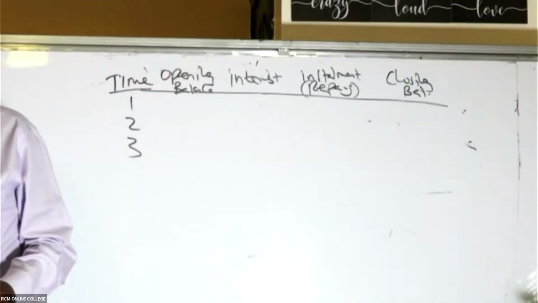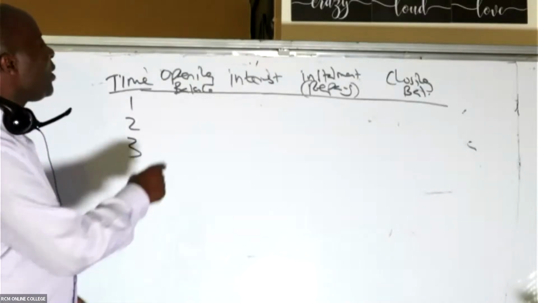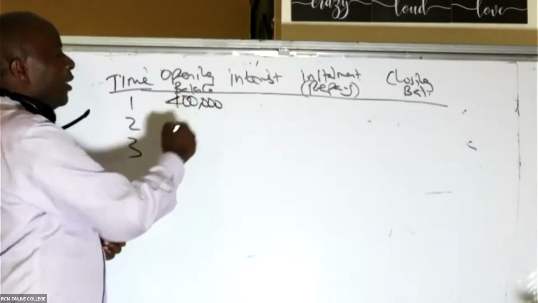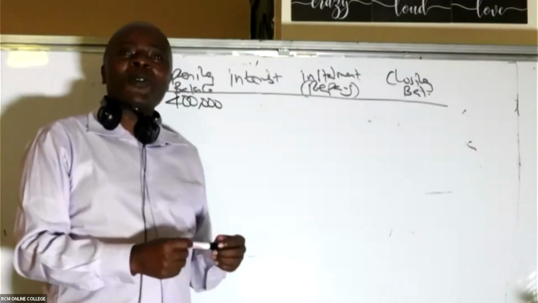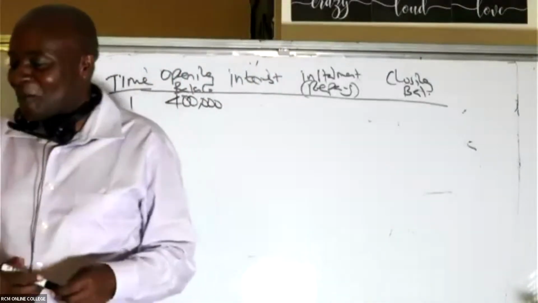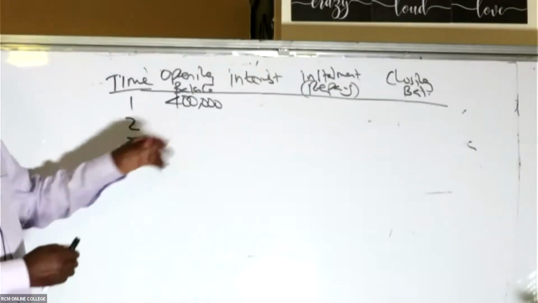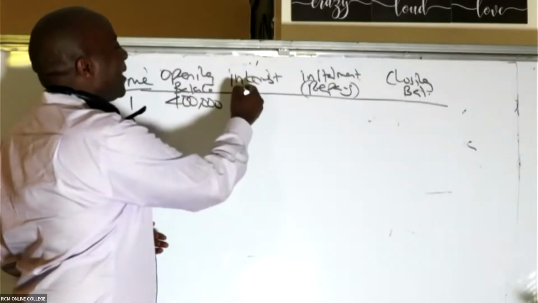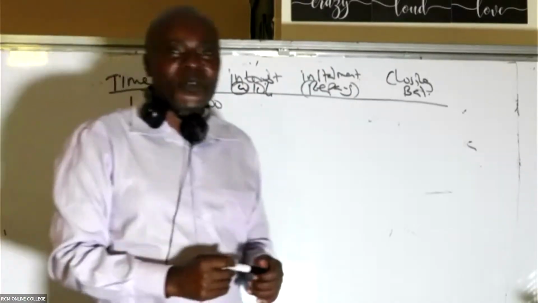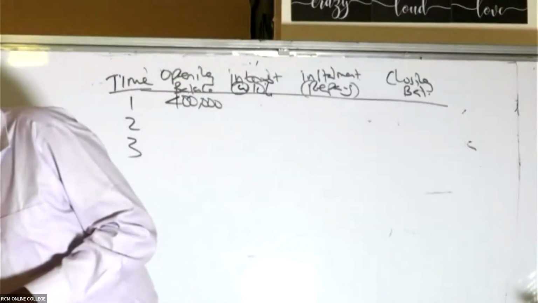So in this case, the opening balance is the very first, not 160. Opening balance is the total loan. It is normally the loan that you've been given, 400,000. So let's levy interest on this. Do you know the rate of interest? The rate of interest is 10%. Opening balance always earns interest here. So 10% of 400,000 gives me